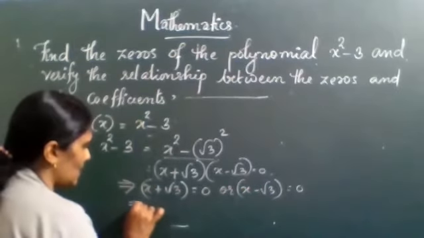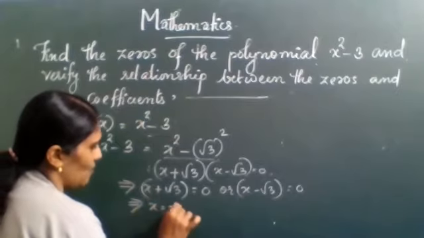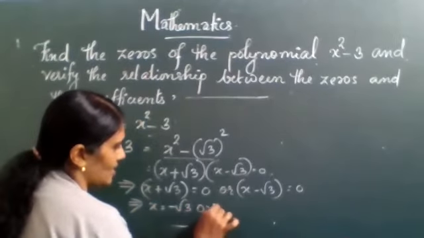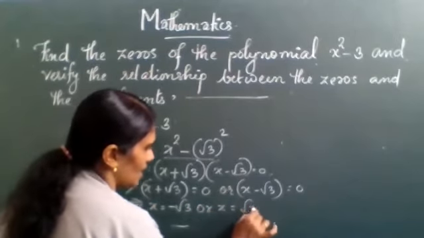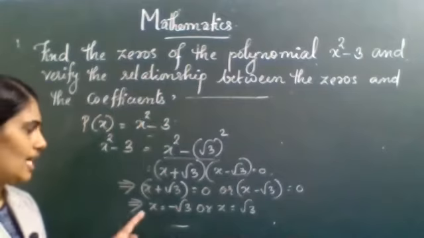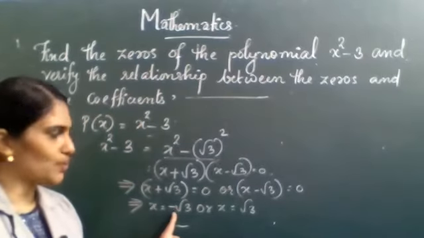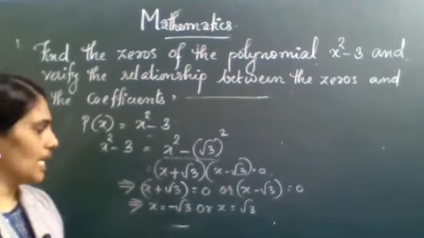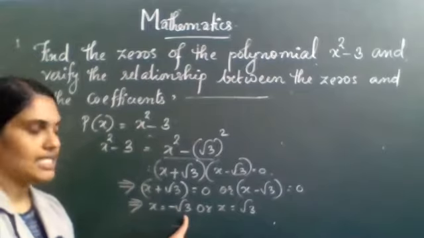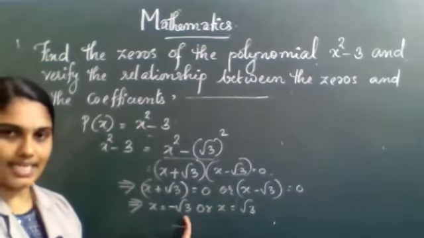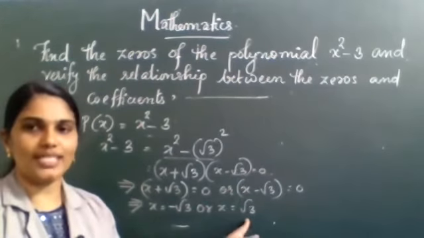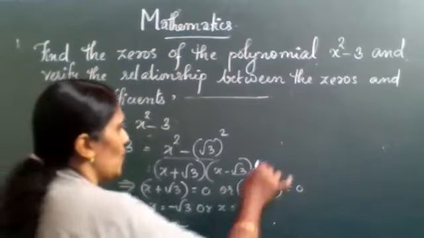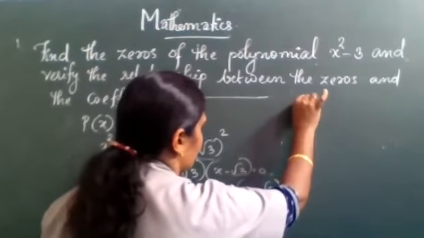We get the zeros. X is equal to minus root 3 or x is equal to plus root 3. We get the two zeros, that is minus root 3 and root 3. Now the first zero is taken as alpha and the second zero is taken as beta. So we have to write,